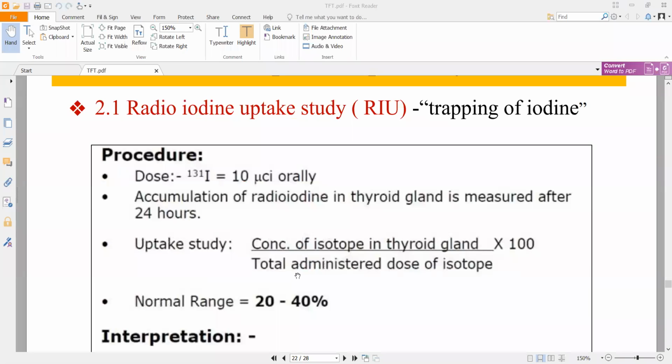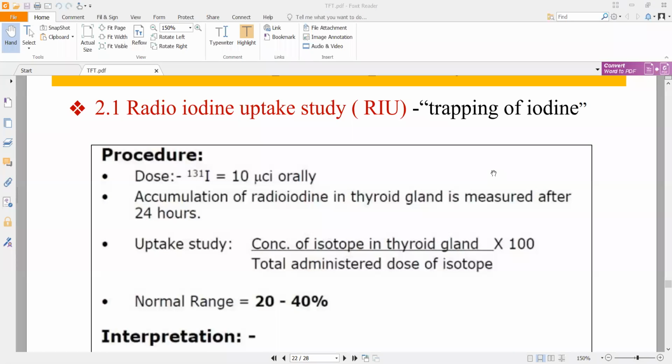Now from this you can assess that iodine is very important. If iodine is not there you will not get any thyroid hormone, right? If there is lack of iodine you will not get that. So in this you are basically assessing whether your thyroid gland is functioning properly or not by its capacity to trap iodine. So basically you are checking whether your thyroid gland can trap iodine and use it. Here you are specifically using radioactive iodine because it is easier to scan for and to test for radioactive iodine.